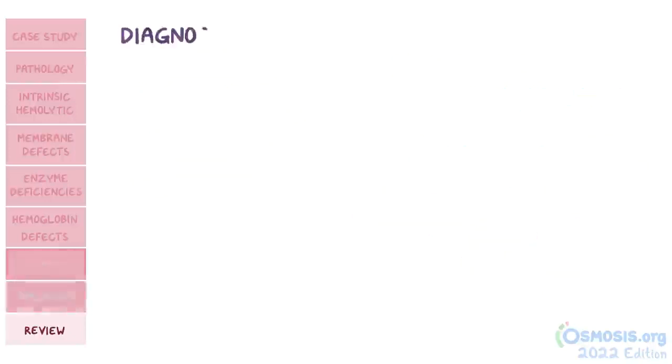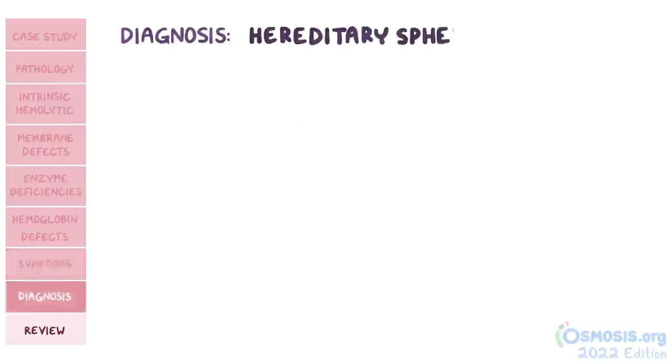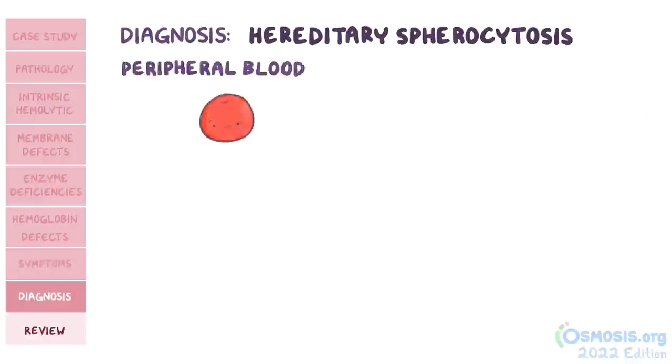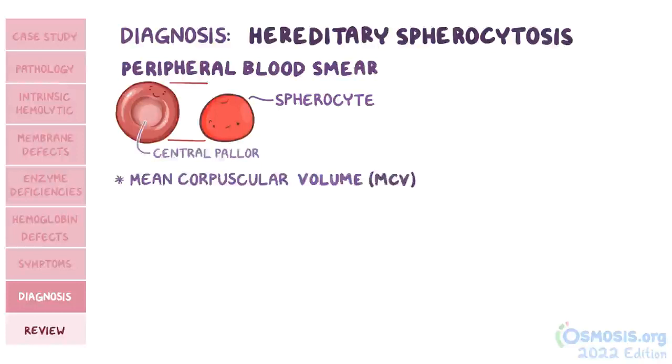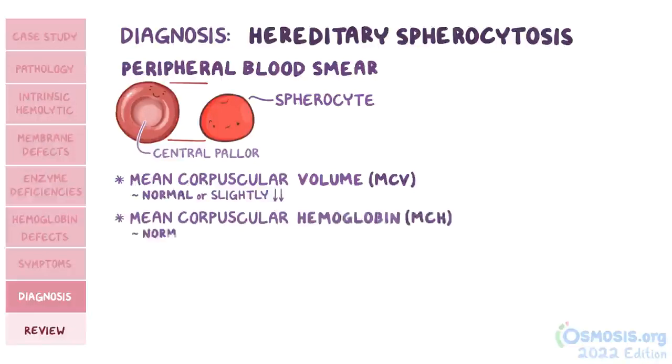Moving on to diagnosis. In hereditary spherocytosis, the peripheral blood smear shows spherocytes that are slightly smaller than normal, round, dysmorphic RBCs with more intensely stained cytoplasm and no central pallor. The mean corpuscular volume, MCV, can be normal or slightly decreased. The mean corpuscular hemoglobin, or MCH, is normal, meaning that every RBC has the correct amount of hemoglobin, but the